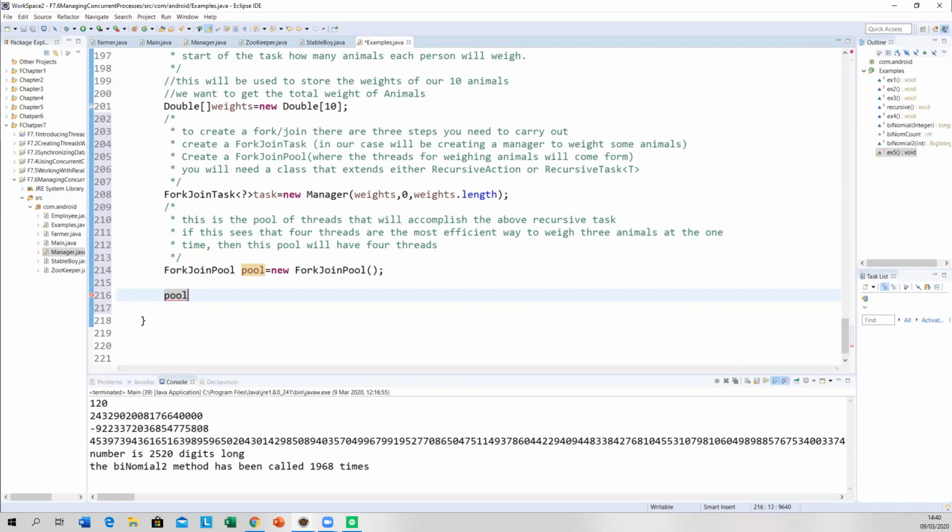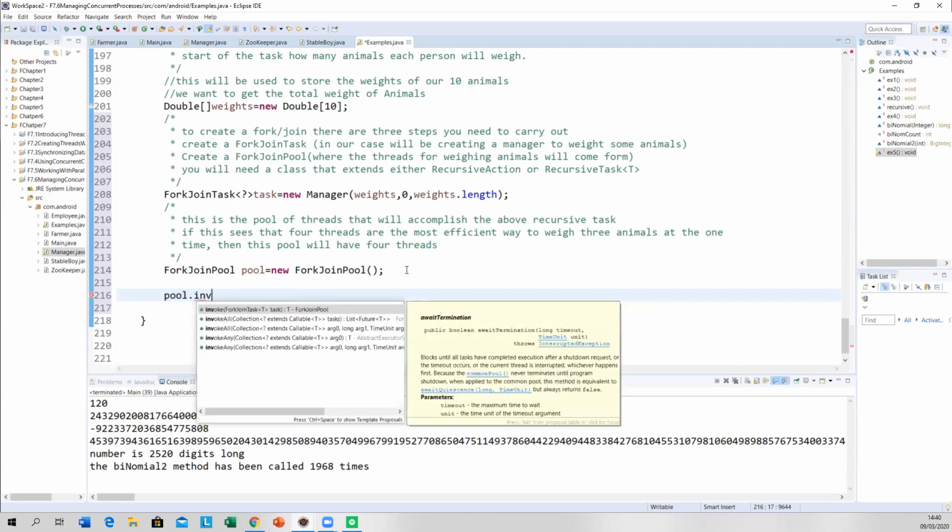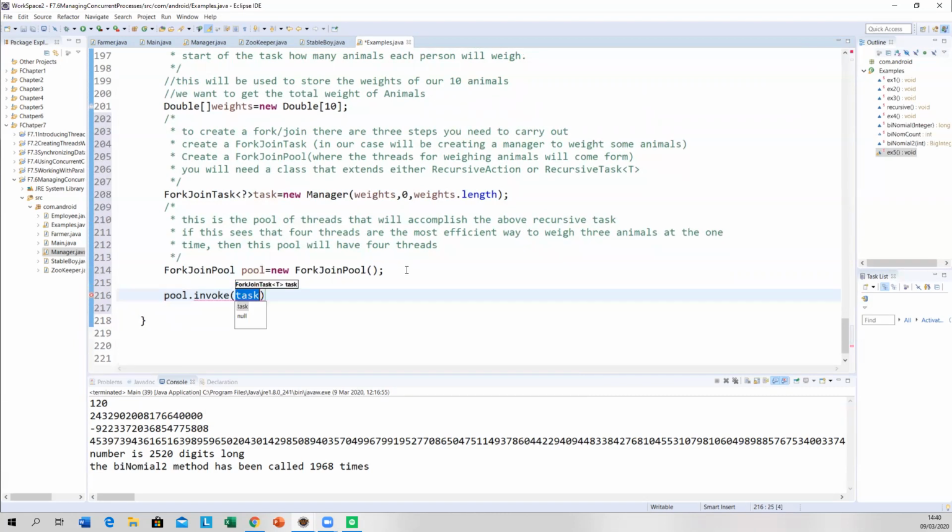Now, the size of the pool is only determined at this time. Pool dot invoke has to take a fork join task, which is this guy up here. What does that do? That calls the compute method.